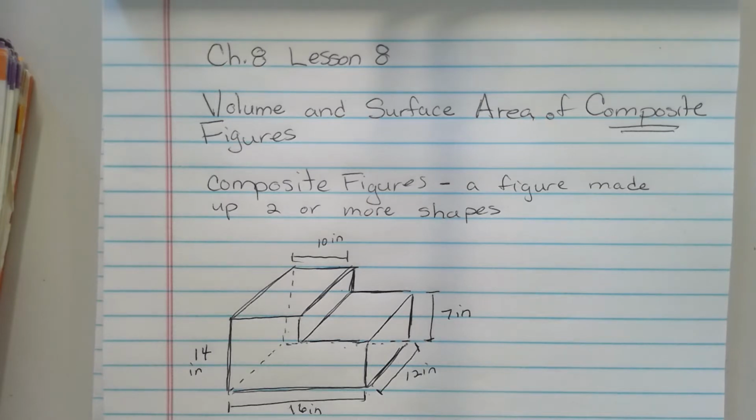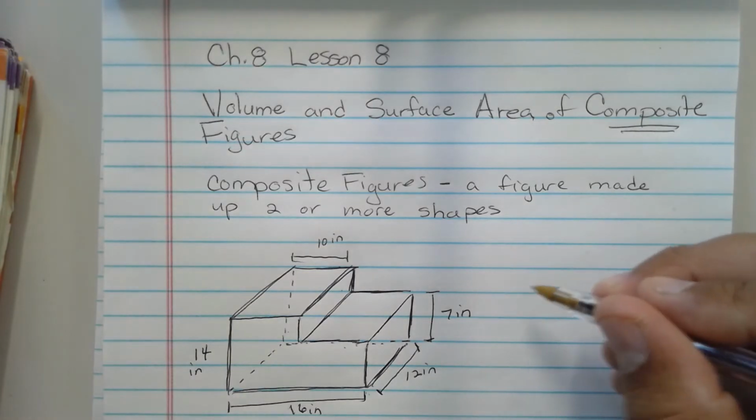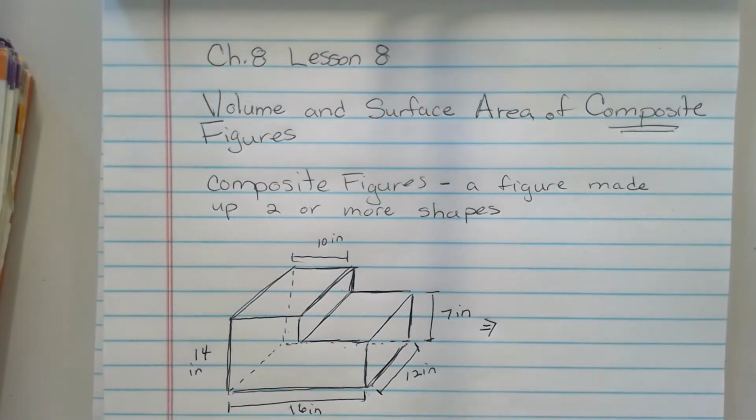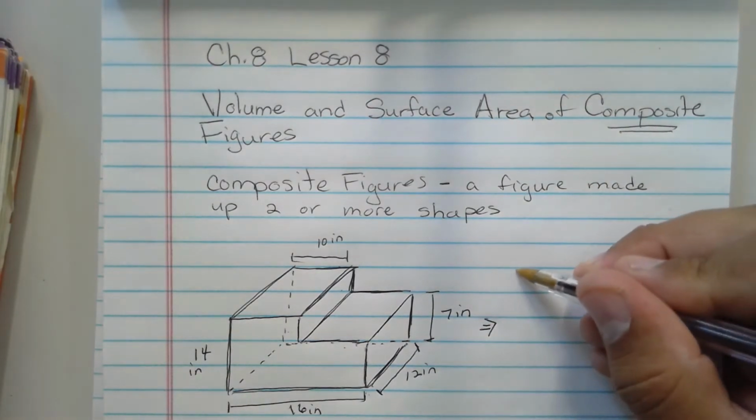So what you want to do here, guys, is this. This is more about thinking outside the box. If we want to find the volume of it, we have to find the volume of both shapes. There are two prisms here. We just have to break it into two parts. So I'm going to go ahead on this side and break the prism in two parts. So the first prism,